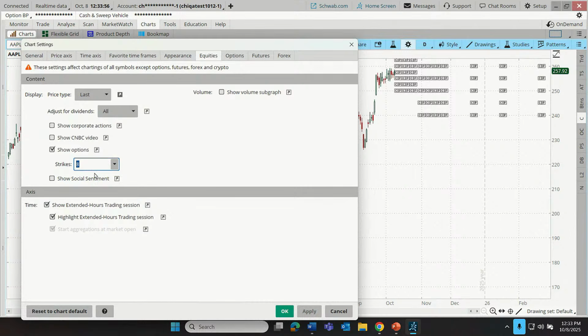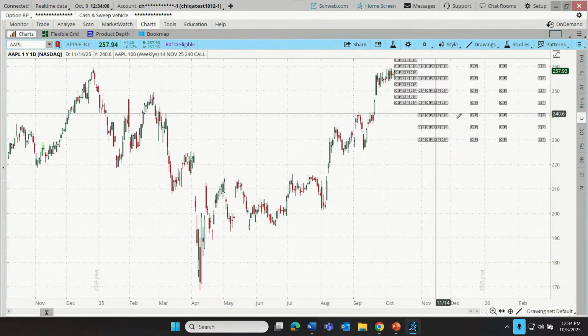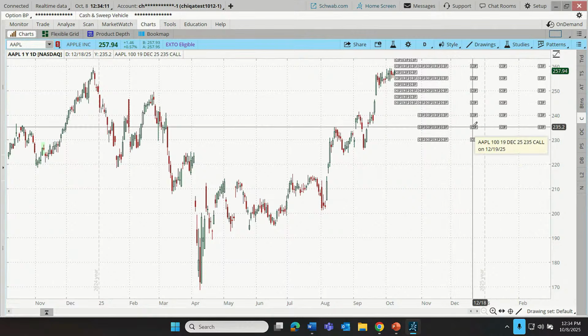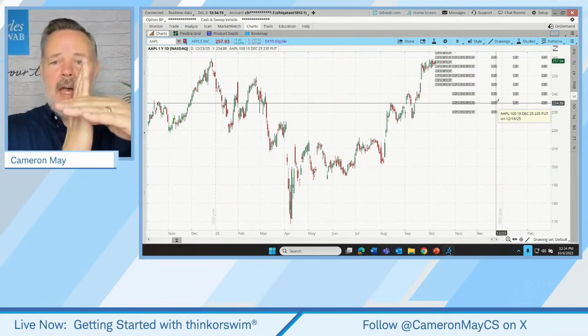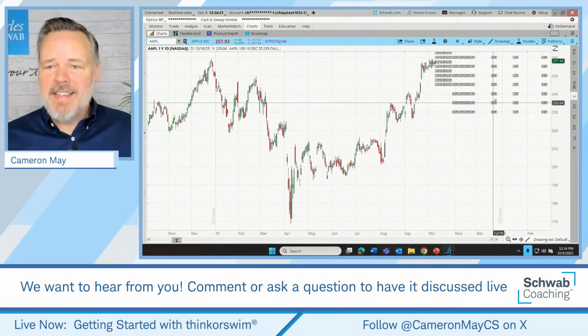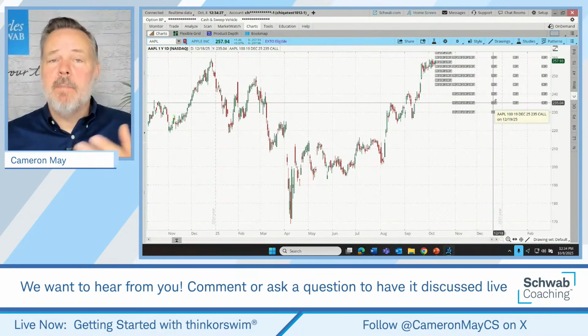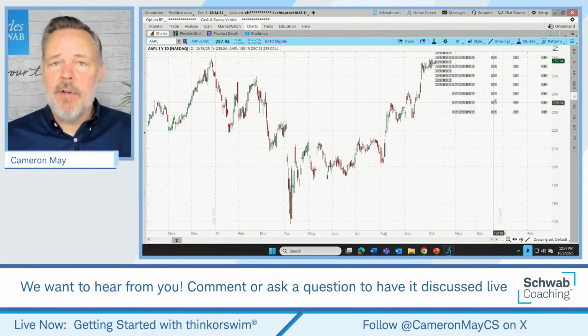We could expand that if we wanted to, show maybe 12 strikes. A lot of stocks will have dozens of strike prices. Let me just click 12 so we can see that we just added more. But these show us sort of an intersection. If we look at a given C for a call or a P for a put, those are positioned very specifically according to price and time. So when we look at, let's say, this C right here, that's positioned on 12/19 because it expires on 12/19, and at 235 because it's the 235 call.